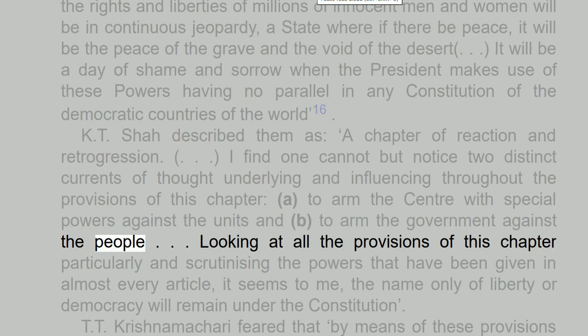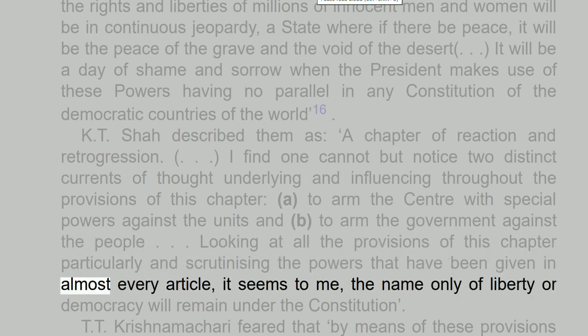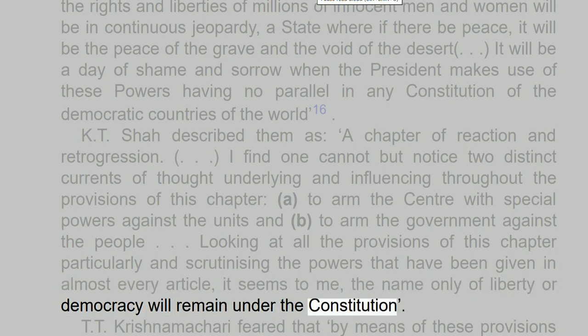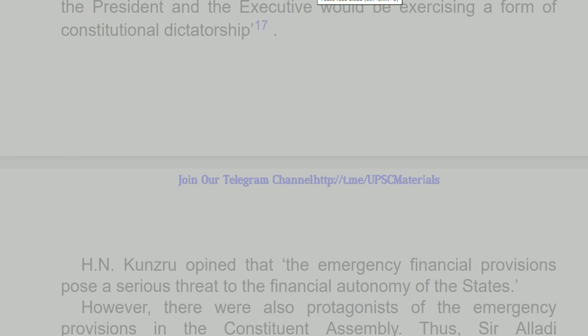Looking at all the provisions of this chapter particularly and scrutinizing the powers that have been given in almost every article, it seems to me, the name only of liberty or democracy will remain under the Constitution. T.T. Krishnamachari feared that, by means of these provisions the President and the Executive would be exercising a form of constitutional dictatorship. 17. H.N. Kunzru opined that, the emergency financial provisions pose a serious threat to the financial autonomy of